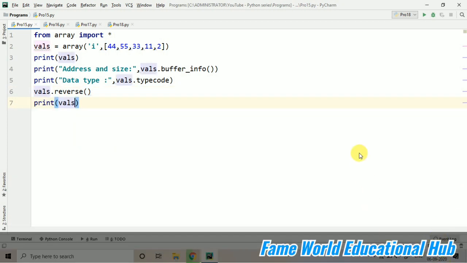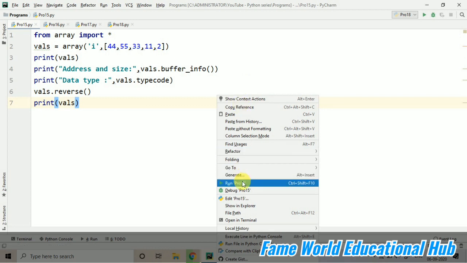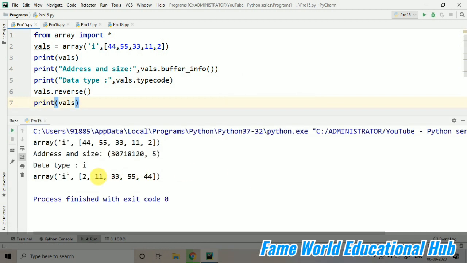What will happen is the reversed array will be printed now. You can see this was our original array and this is the reversed array.